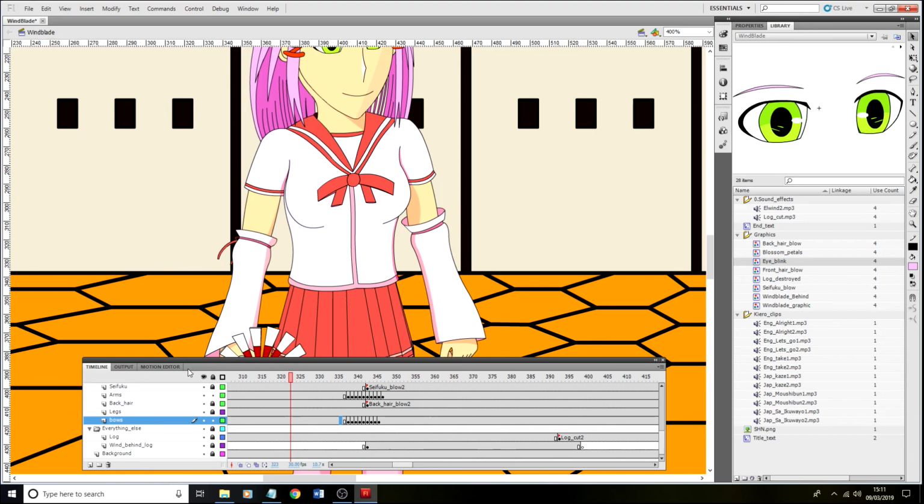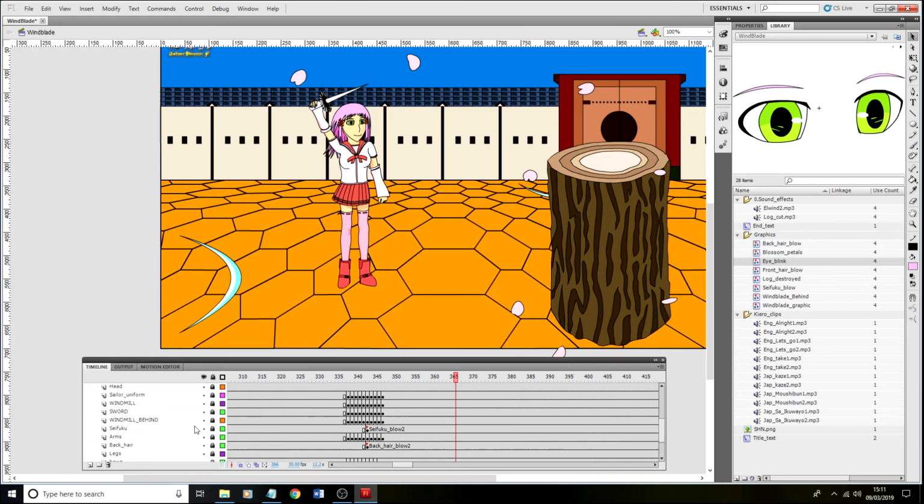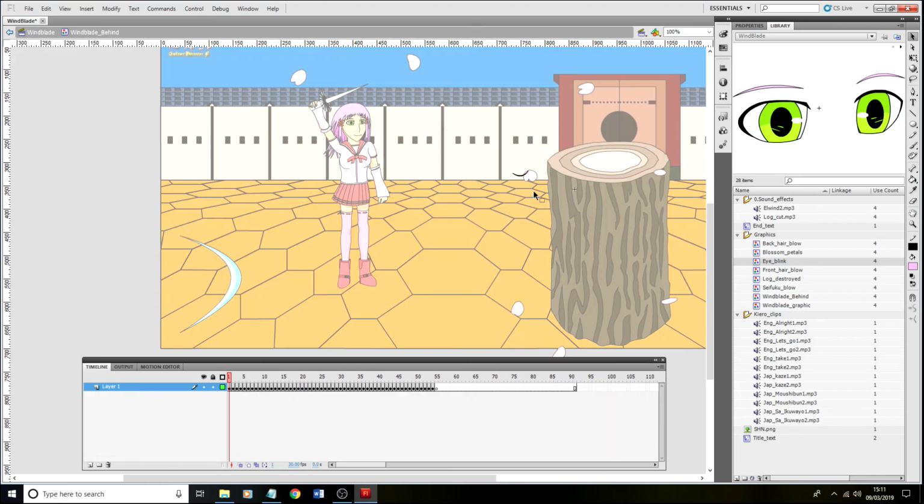For the next part, we will talk about the log and the wind blade and stuff. So where is it? There it is. Right, this one took a little while because it's like a magic effect, and I totally needed this to be a graphic anyway, because it had to change shape quite a lot. This one's actually divided into 2, because there's that one and there's that one. So this one's pretty simple. You just go like that, and then you just